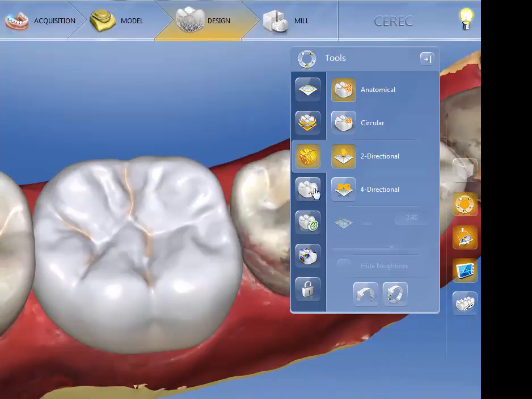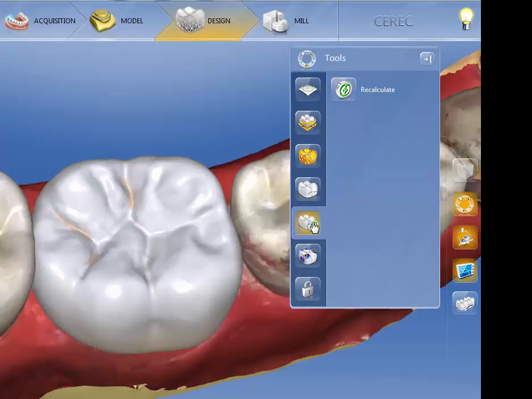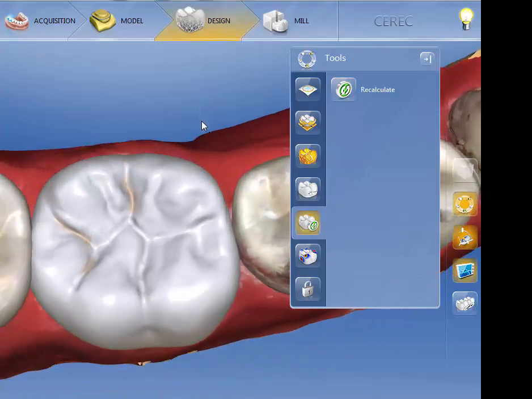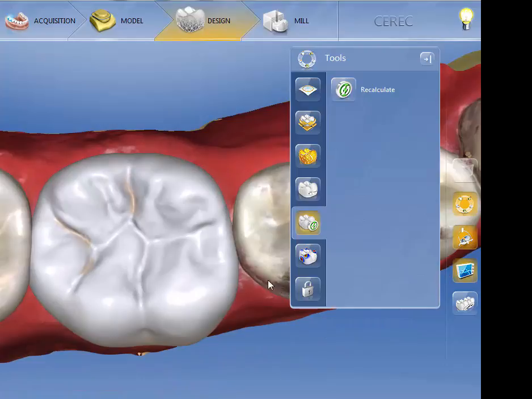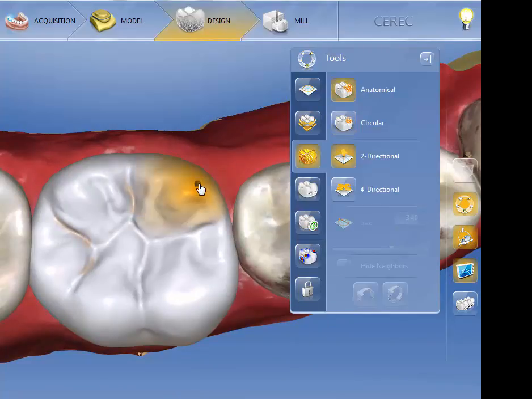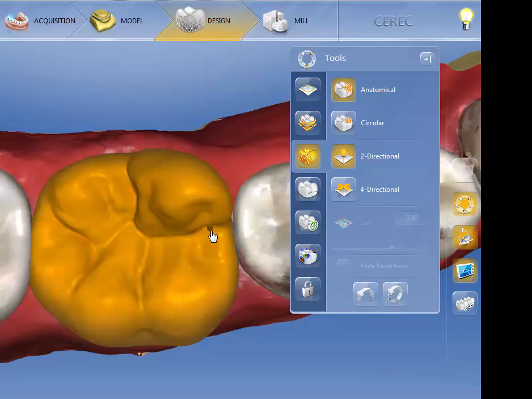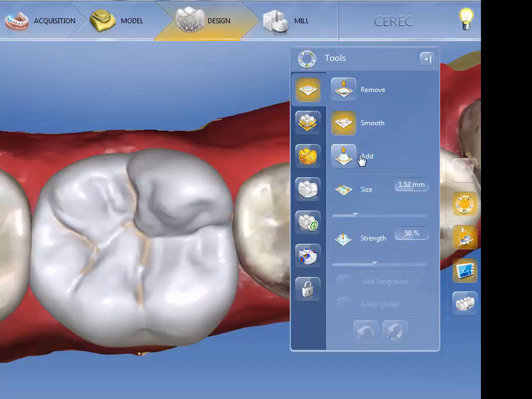So I will go to this tool and it says recalculate, and when you left click on recalculate, it puts the tooth back to where it started from. So if you move this tooth and then I went to form, and let's say I added something over here, every time I change a tool